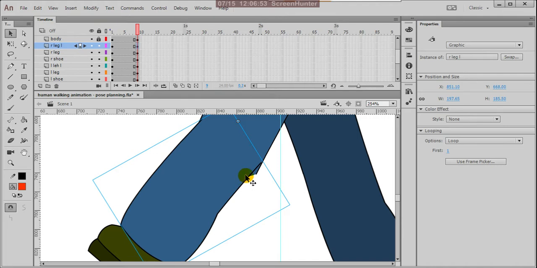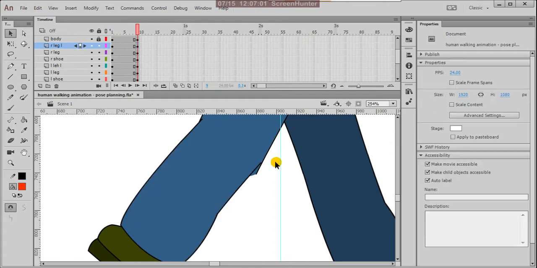So what you do, click here, suppose Control B, just break apart here and you can attach here.